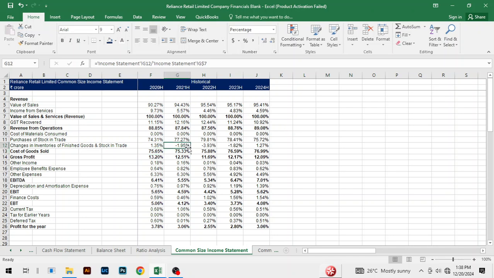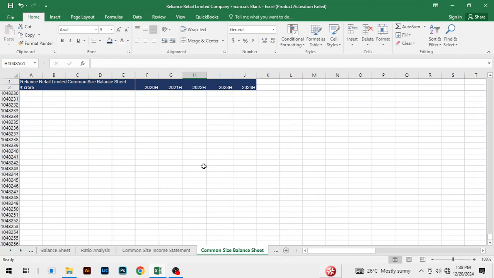So that was it. And here you can tell that the value of sales, like revenue from selling products, contributes the bulk of the firm's revenue, compared to revenue from providing services. So that was it for the common size income statement, and we can now proceed to the common size